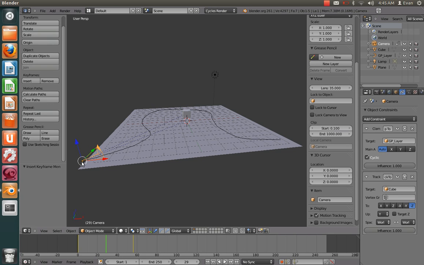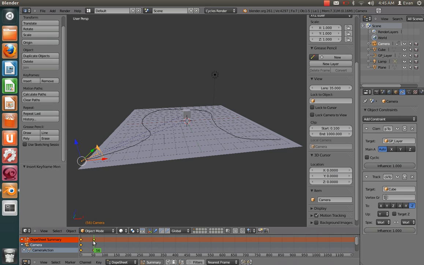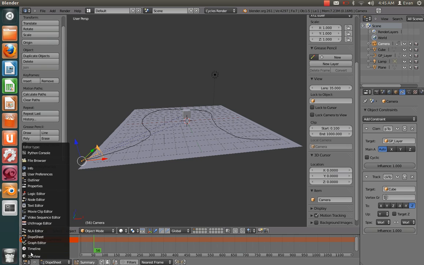And what we'll do is we'll just go ahead and go to the dope sheet, and we'll delete this keyframe. Actually, that deleted both keyframes. We'll go to the timeline. So just go to the first frame here, and we'll set a keyframe for the camera's location. We'll go to about 60 frames, and then we'll,